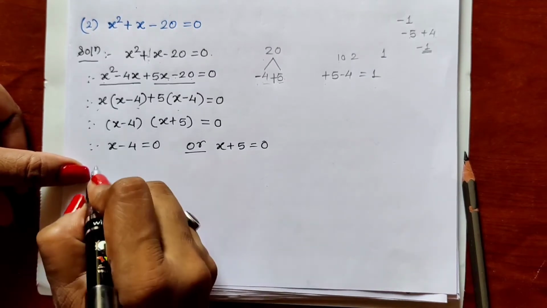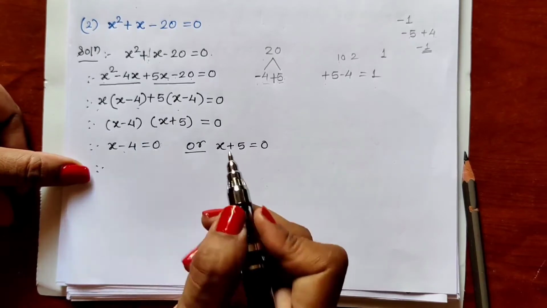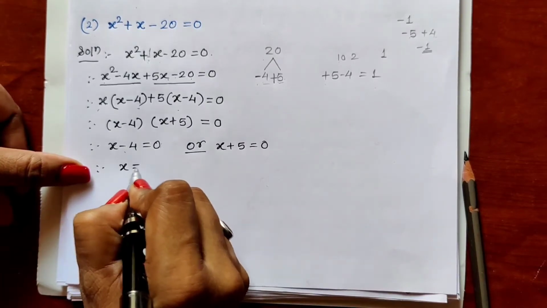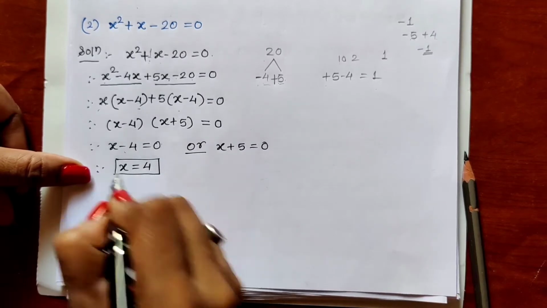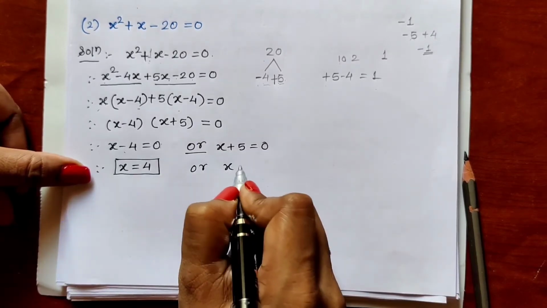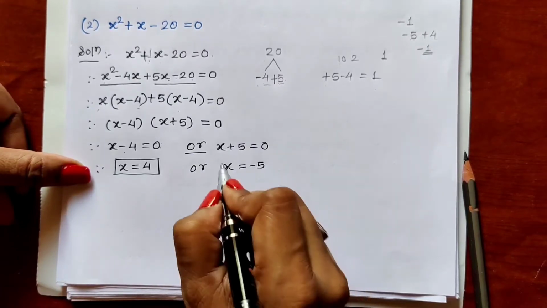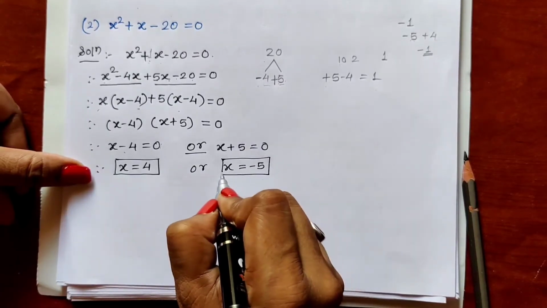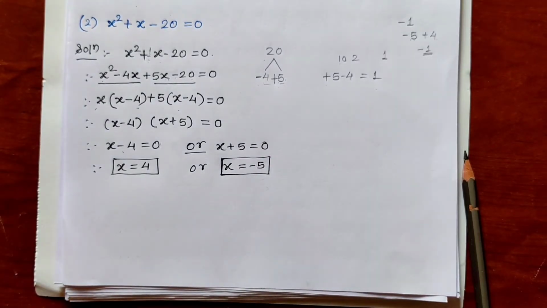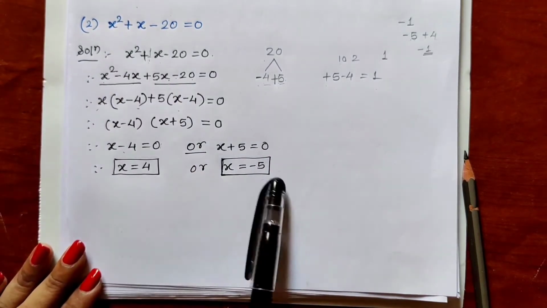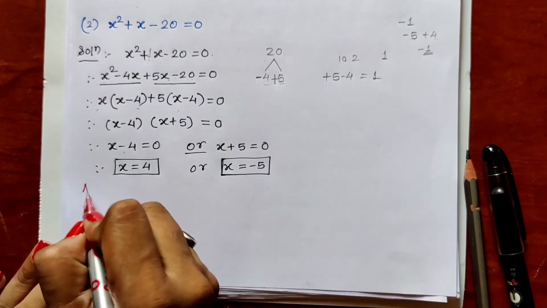Then transfer this minus 4 on the right hand side, it becomes plus 4. 0 plus 4 will be plus 4. So x is equal to plus 4. Or x is equal to plus 5, transfer, 0 minus 5 will be minus 5. So in this way we are getting 2 values of the variable. Most of the time in a quadratic equation we get 2 values of the variable, and therefore the answer is,